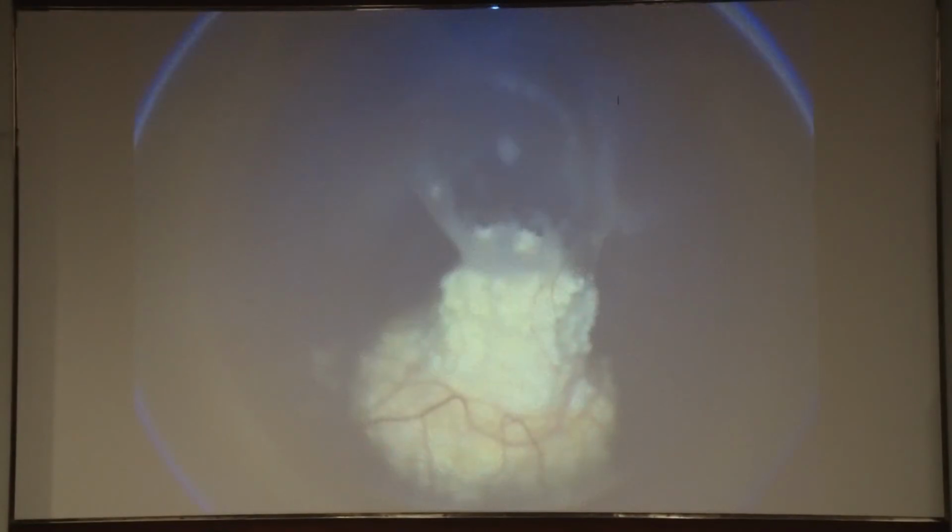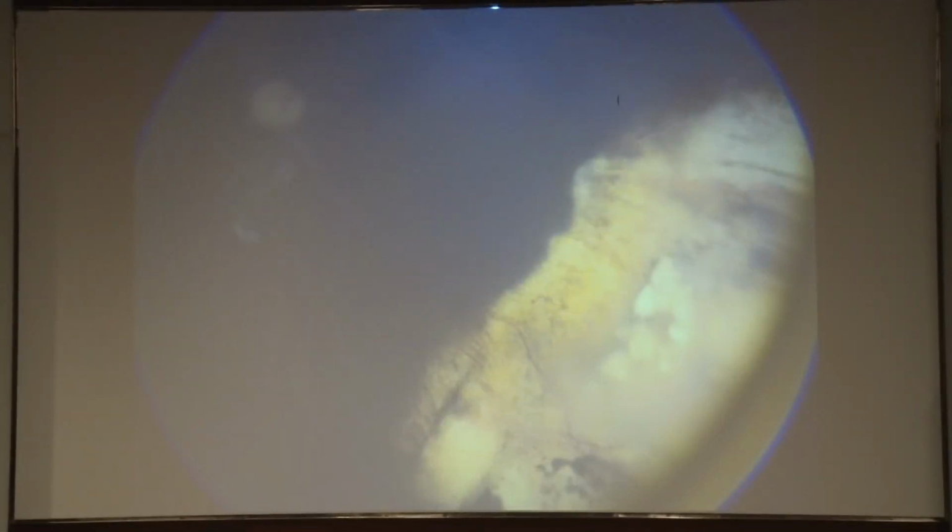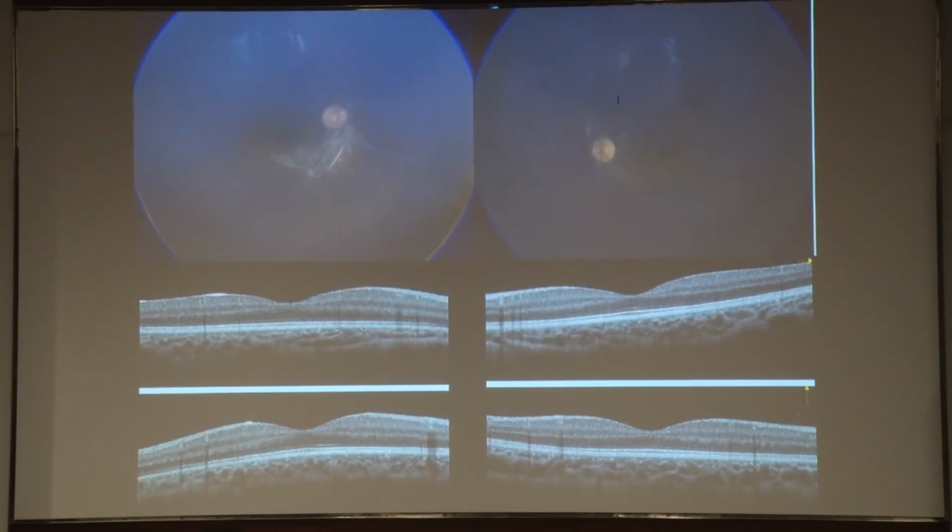Here you see there are vitreous seeds persisting. With intravitreal chemotherapy, the entire thing has regressed. A lesion which is very far in the periphery, after 2 sessions of intraarterial chemotherapy, has regressed. And as you can see, a peripheral tumor in the same eye, where even the macula, the vision salvage is also